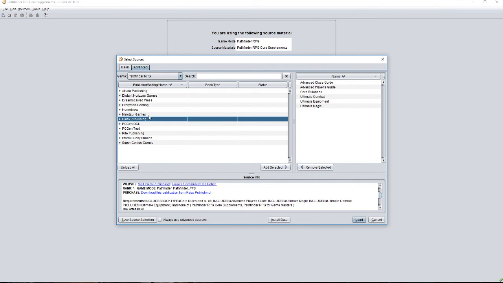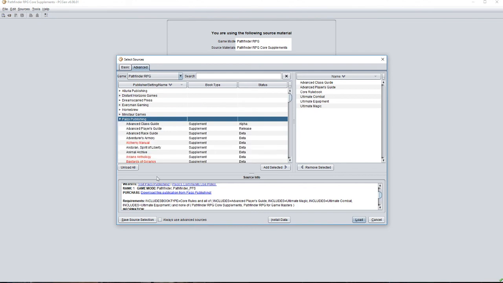There are certain publishers that aren't available in PCGen. For example, Cobalt Press has some options that are on D20 PFSRD. They're not available on PCGen. It's probably due to copyright laws, or maybe PCGen just hasn't gotten around to adding those third-party source materials. But bottom line is, if you want to do something like that, you're not going to be able to do it through PCGen. Otherwise, if you're just wanting to have as much as possible in PCGen, you'll want to go